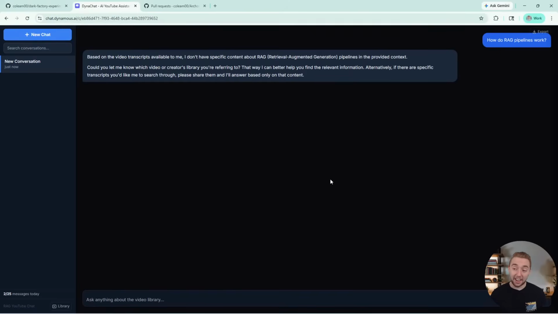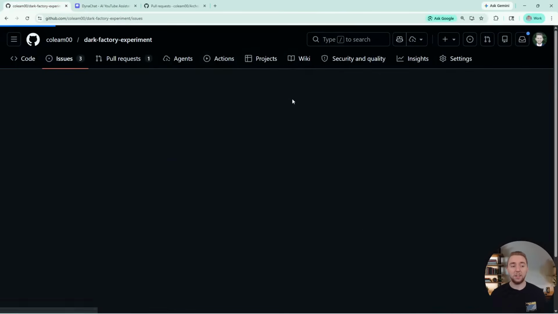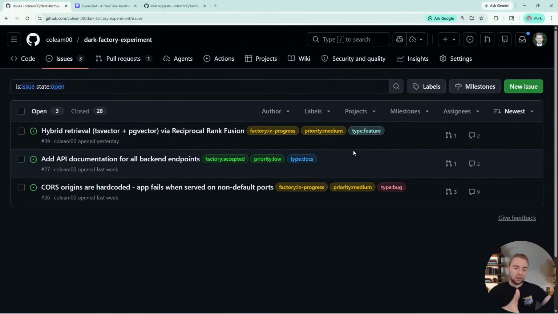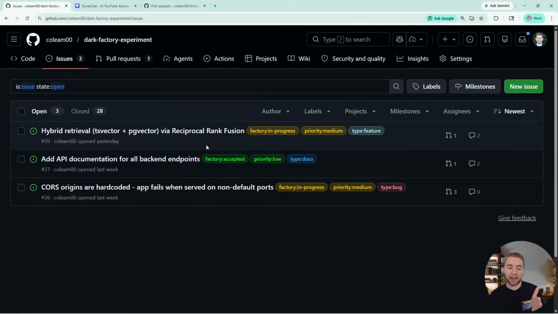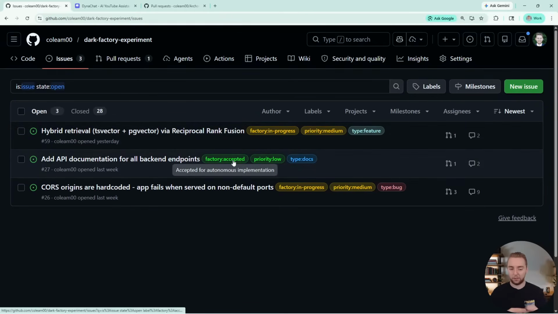And the way that we're going to do it is we are literally just going to file a bunch of issues. So this is the entry point into the Dark Factory. Whenever there's a bug or something that we want to build, we just dump it here into the factory. Then I have the whole factory hosted in a VPS where it runs on a scheduled basis to look at my issues here, and then it essentially triages them. This one is now in progress. This one's accepted, so it'll be picked up on the next orchestration run.